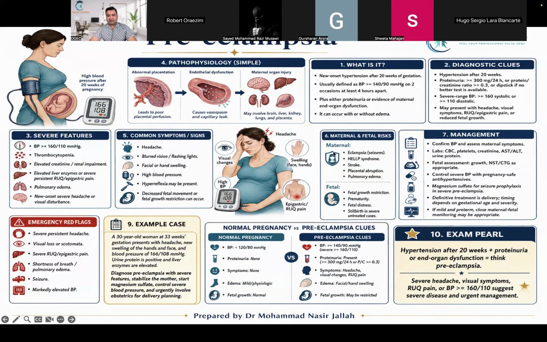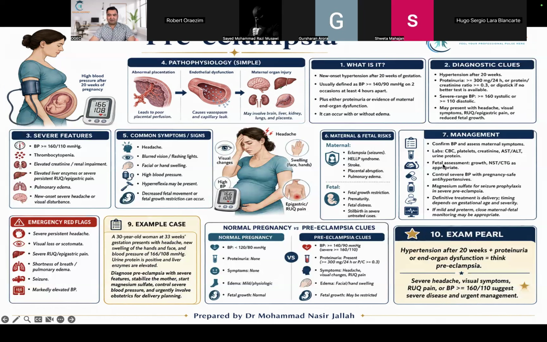Maternal fetal risk. So maternal, what are the risks? Eclampsia, HELLP, stroke, placental abruption, and pulmonary edema. For the fetal: growth restriction, prematurity, fetal distress, and stillbirth in severe untreated cases. Management: confirm